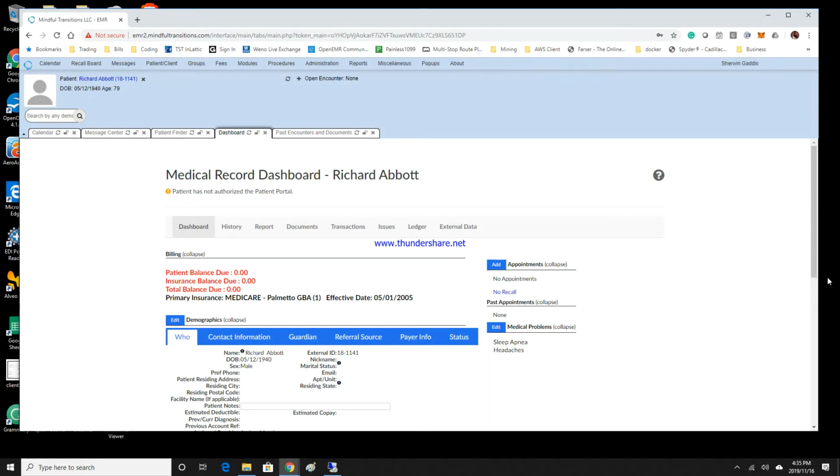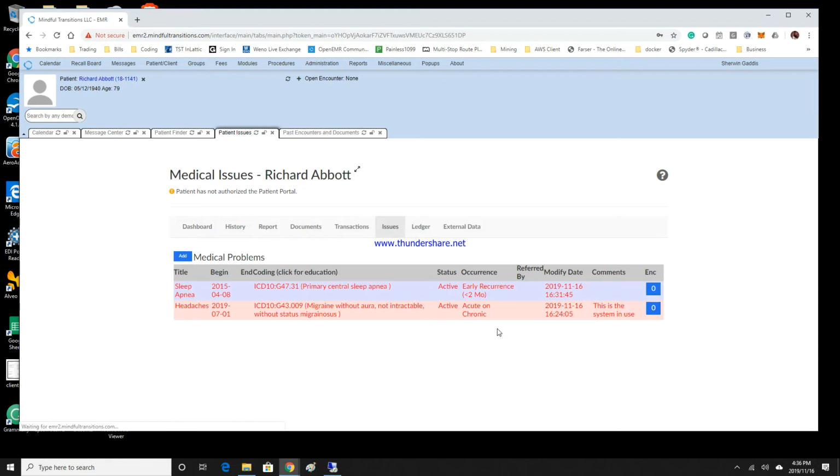What was being requested, and I apologize for the high hissing noise in the video, but the system that was being requested falls under medical problems. So there's nothing really to be built here. It's just showing you how to utilize the medical problems which are in the patient's chart, which is associated with the ICD-10s. So when you go into a patient's medical record and you select Edit Medical Problems, you will see